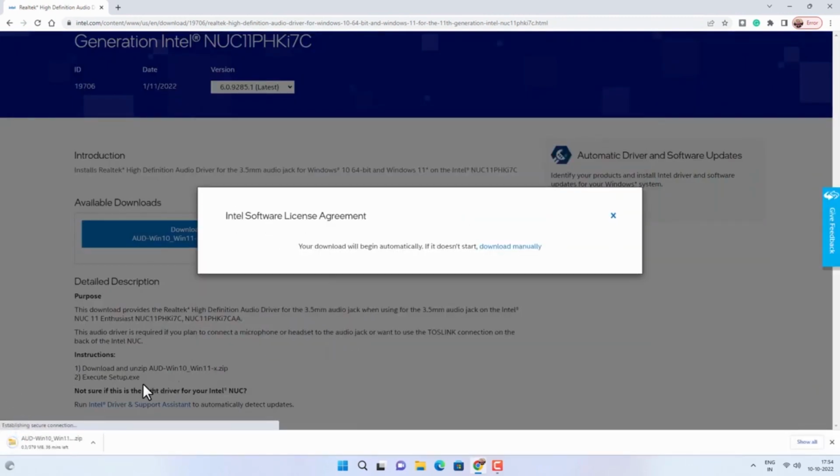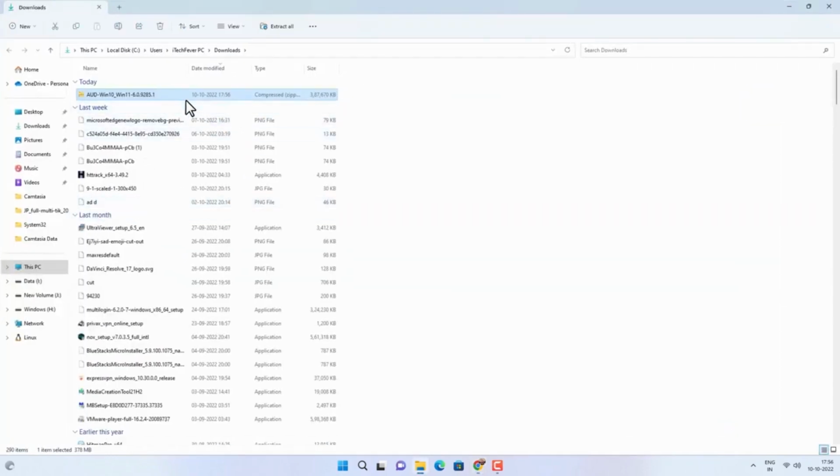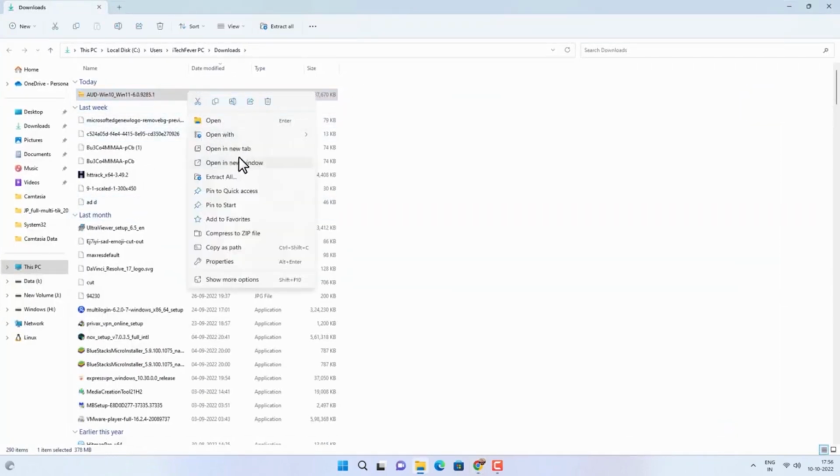Apart from this, you can try to find the right audio driver for your laptop by going to the manufacturer's website. Like if you have an Asus laptop, then go to the manufacturer website, enter your product number, product model, and then find the audio driver and install it. If you have a custom built PC, then find the audio driver by going to the motherboard manufacturer's website. So anyhow, you have to download the Realtek High Definition Audio driver from the Intel website or from the manufacturer website. Once downloaded, you might have to extract it